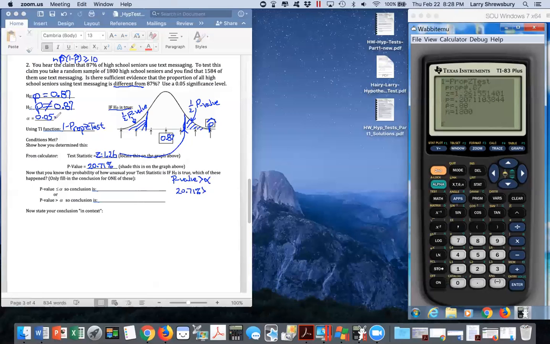This is decimal format, you can also write it as a percentage. Let me write it in correctly here, 5%. So that means we're going to stick with the null hypothesis. So this is what happened. And how do we say that? We say failed to reject